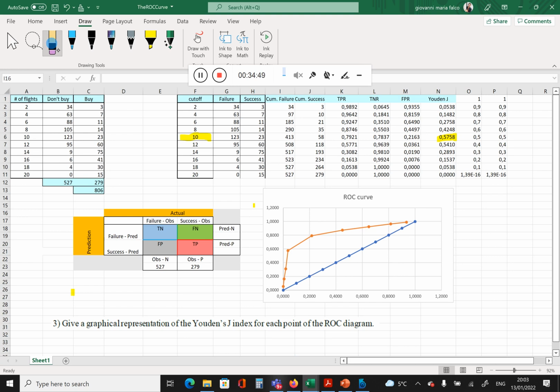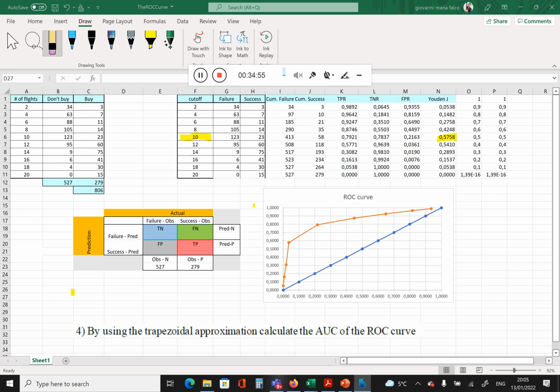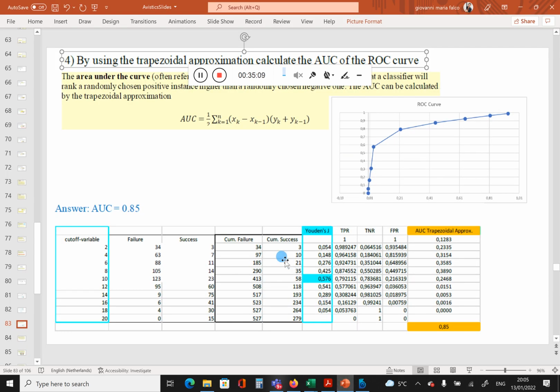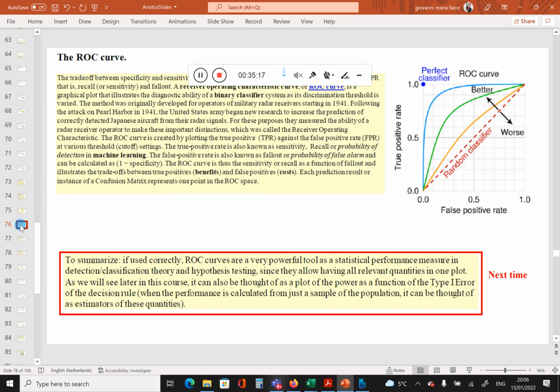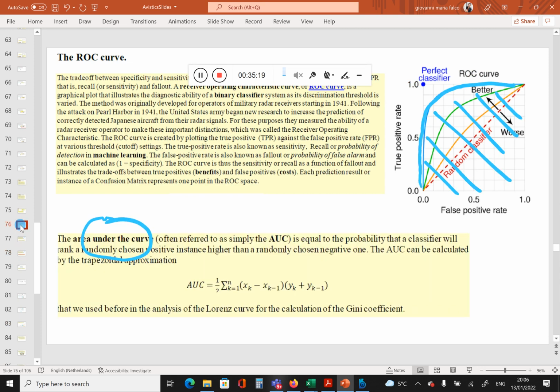So we can try to calculate this area with some approximation, and the kind of approximation is indicated in the text of the question. It is the trapezoidal approximation. It means to use the same formula that we used for the calculation of the area in the case of the Lorenz curve. Sorry, I go back. So basically this formula,